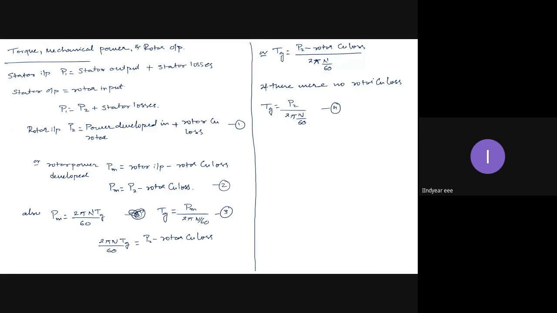If rotor copper losses are absent, then it will be 2 pi Ns by 60, not N. You should remember: here it is N, and this is 2 pi Ns by 60. Tg is equal to P2 divided by 2 pi Ns by 60. So from equations 3 and 4,